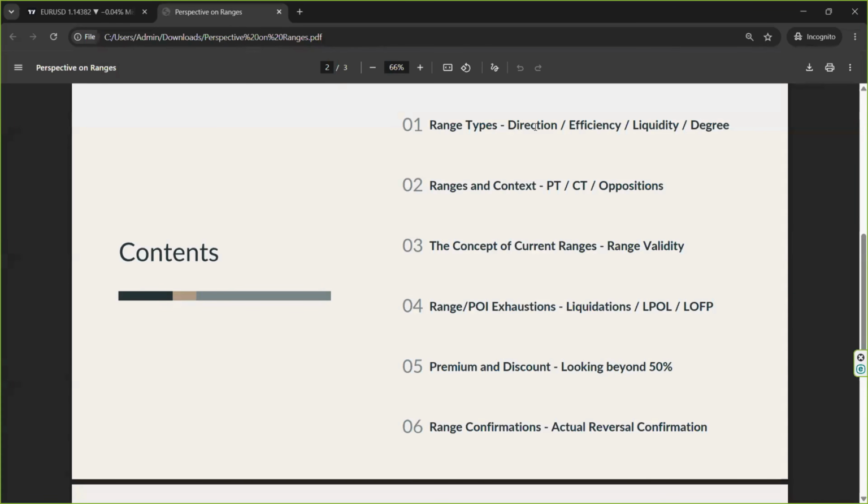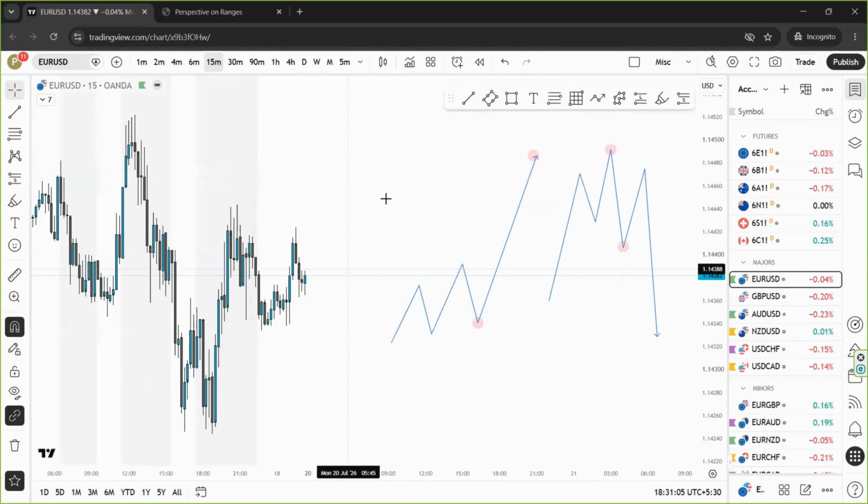This is something most people do consider, but what you also have to consider is the probabilities of these types of ranges. In that case, you can consider two specific scenarios. The first is in isolation, where you're not going to consider anything else. You're just going to consider these ranges in isolation, and you're going to decide if both of these are equal in their probabilities or if there's a difference. In most cases, if you are considering this in isolation, then a continuation leg is almost always higher probability